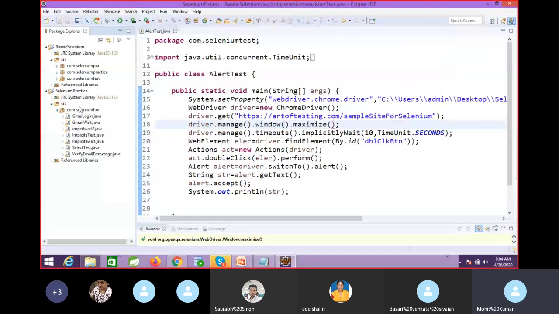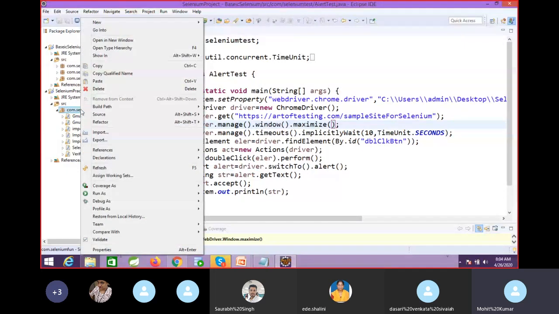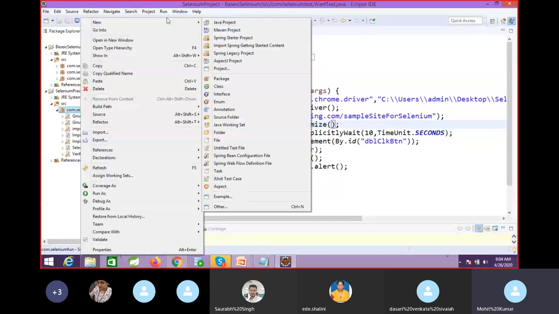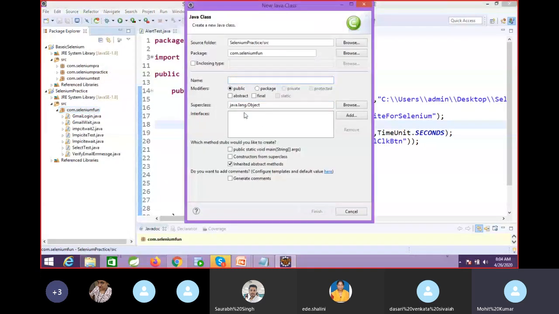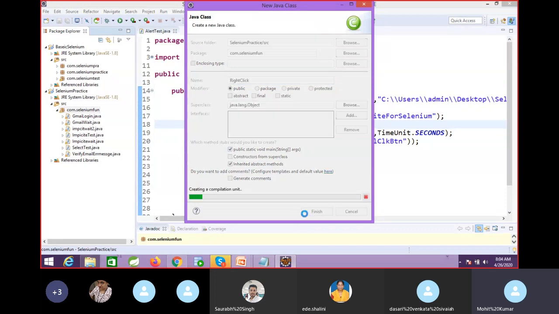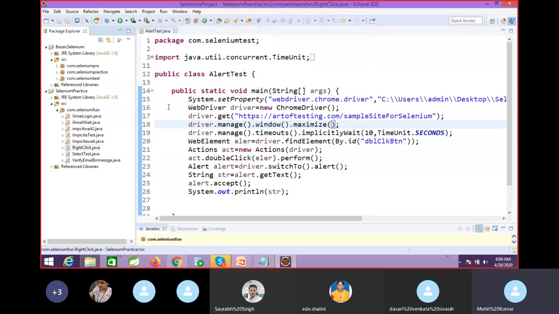What we are doing, same we have to do, and we need to understand the steps. What are the steps? We just need to remember these steps. If we do the practice, definitely you are able to remember. So, right click operation. I am using the main method now, but in the future or in real time we are not using the main method.